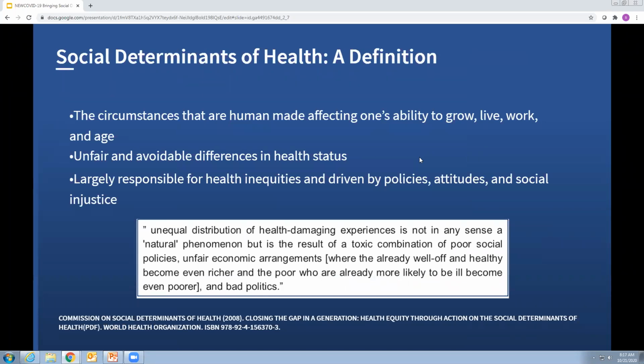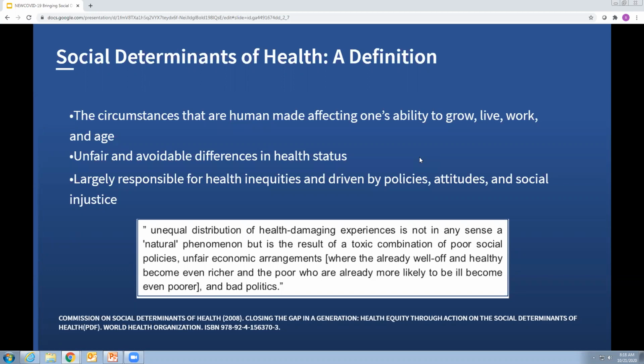Those are the circumstances that affect our abilities to grow, live, work, and age. Sometimes they're underscored by unfair and avoidable differences in health status. And it also is largely responsible for the health inequities driven by policies, attitudes, and social injustice. And I think this defines it the best, quote, an unequal distribution of health damaging experiences